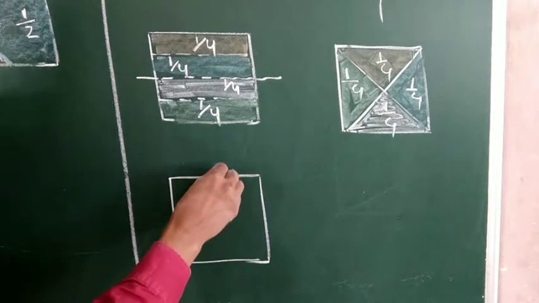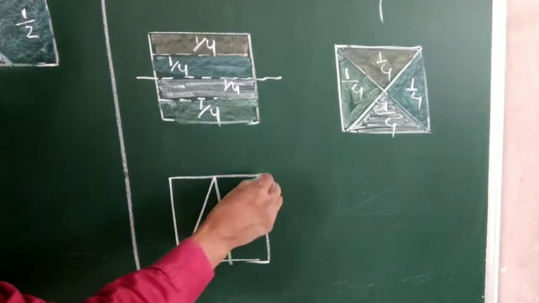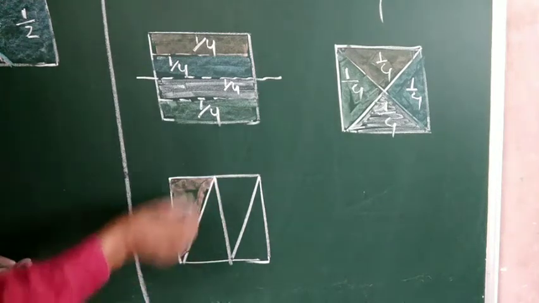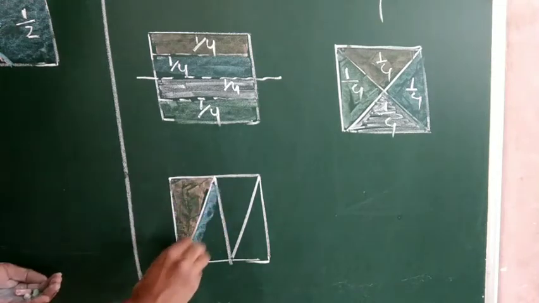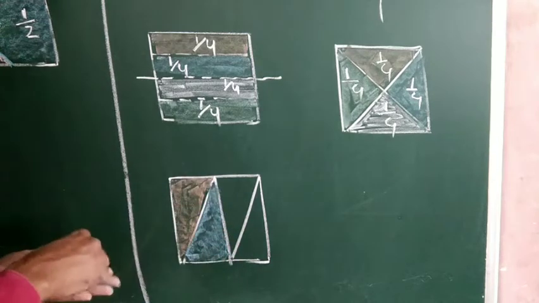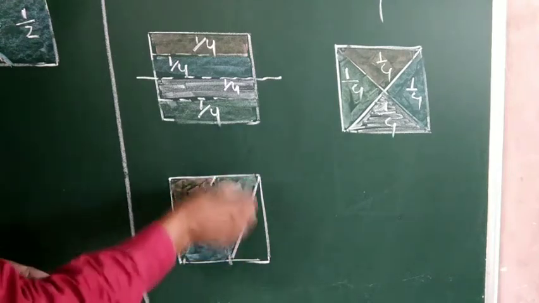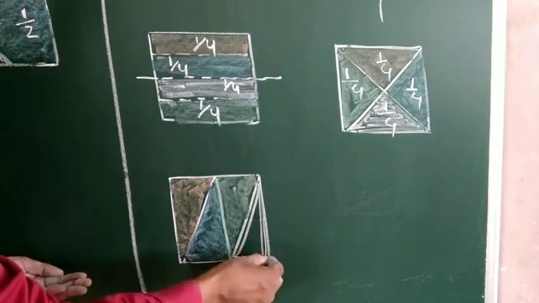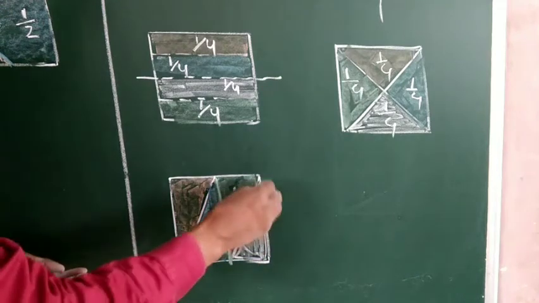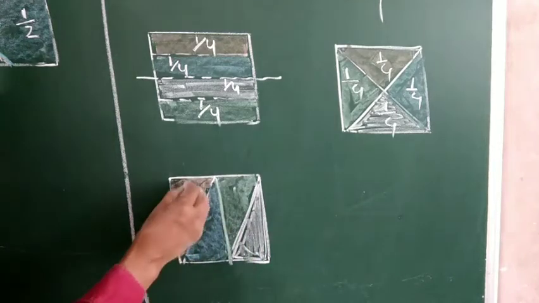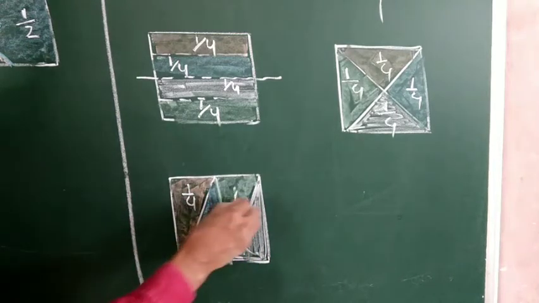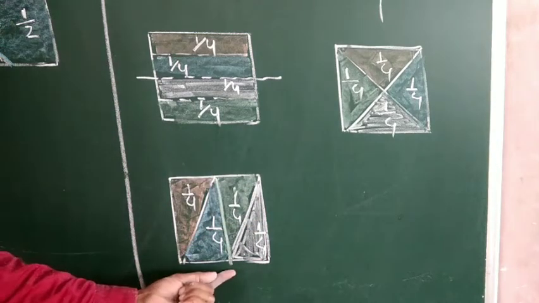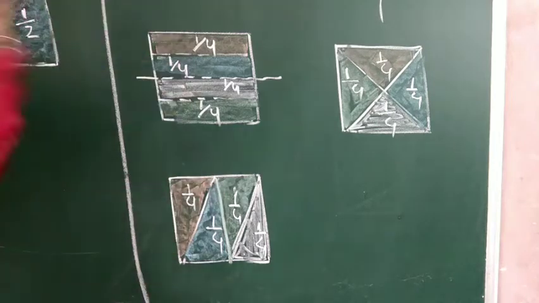So what is this way? See, this is half, and again half of half, like this, half of half. So see, here also 4 equal parts. This is 1 part. Then it is 2 parts. It is the third part. And this one is the fourth part. Okay. So see, each part is a quarter. This is a quarter. This is a quarter. This is a quarter. And this one is also a quarter. So see here, again we make 4 parts, but the way of making the 4 parts is different here.